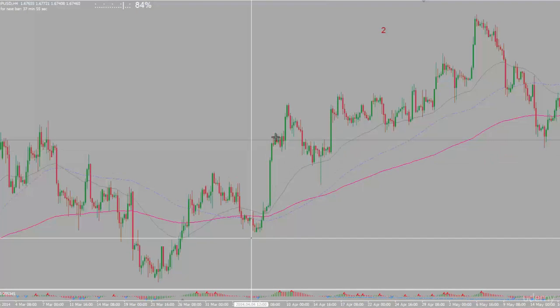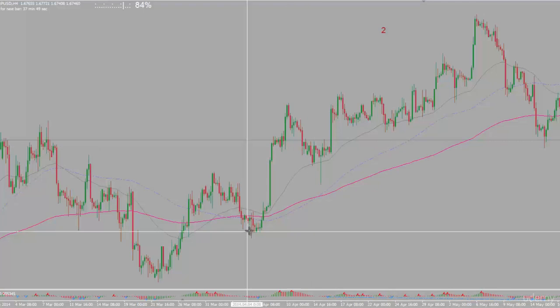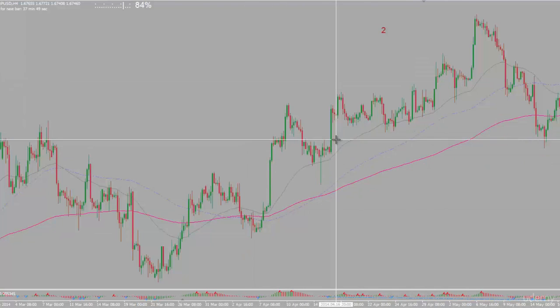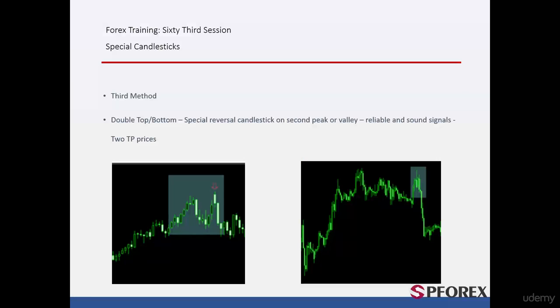TP price can be 68 pips higher than the entry price. A flag pattern has formed in this region too. Thus, a trader could consider TP price by this pattern. Third method. When a shooting star, engulfing, dark cloud and other special candles form on the last peak or valley